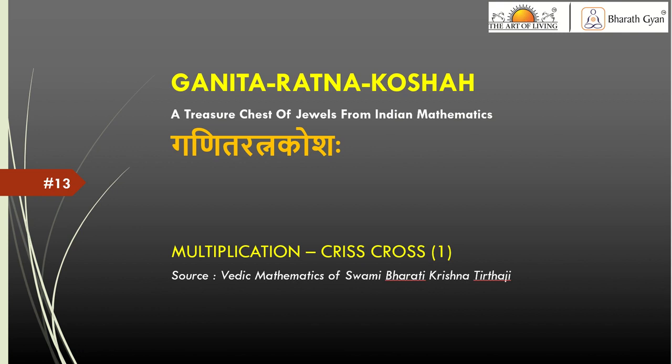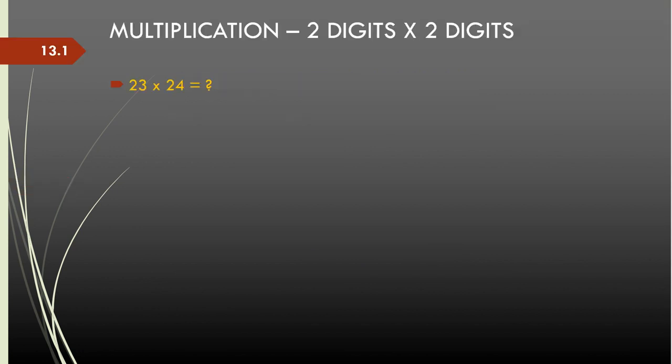Let's start with 2 by 2 digit numbers. Let's say I am multiplying two 2-digit numbers. So let's take the example of 23 multiplied with 24. I will evaluate the answer in parts. The total number of parts in the answer is always one less than the total number of digits we are multiplying. Since we are multiplying two 2-digit numbers, there are 4 digits here, which are 2, 3 and 2, 4. So the total number of parts will be 4 minus 1, 3.